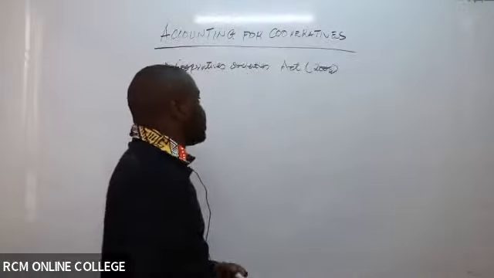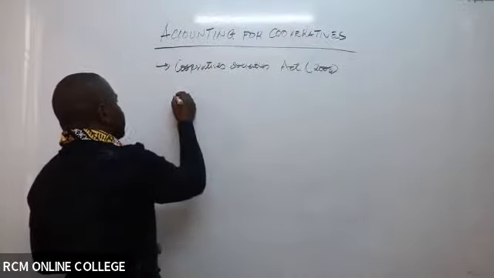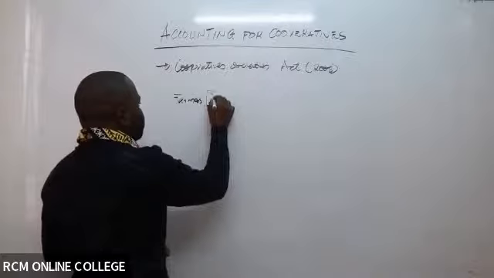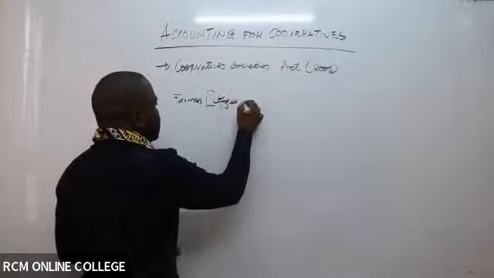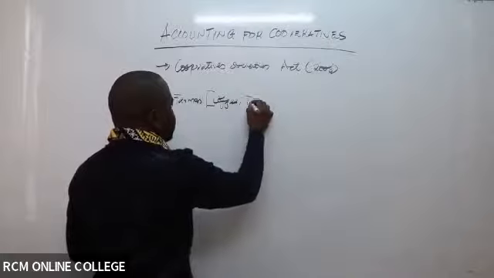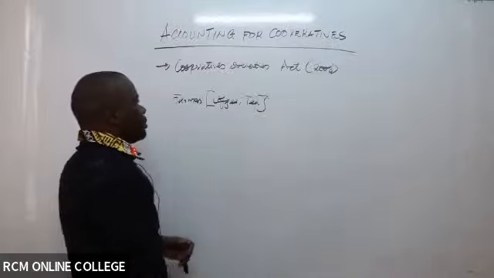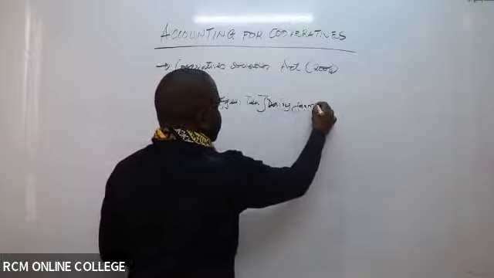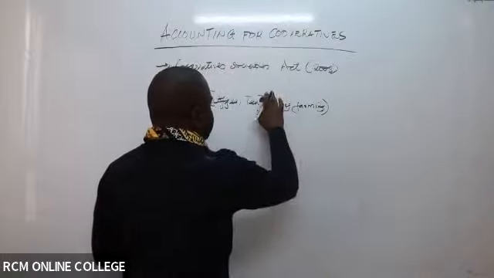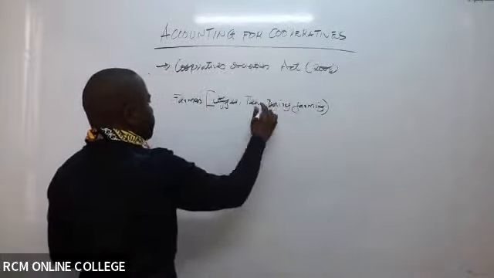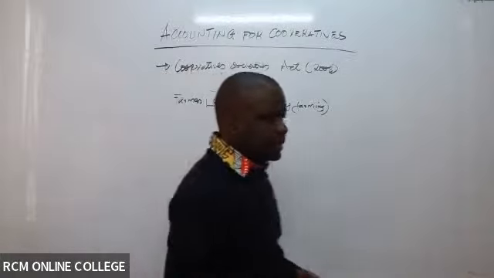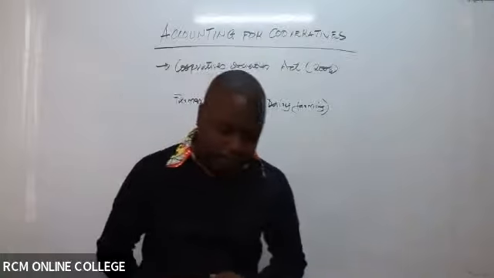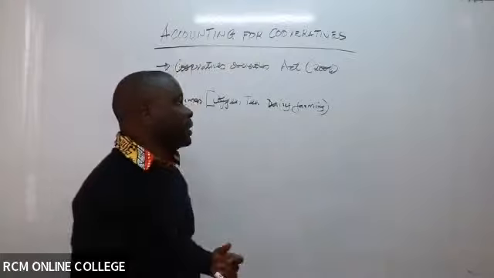It could be, for example, farmers. These farmers may be involved in coffee farming, or tea farming, or dairy farming, or any other kind of activity. Simply because they have a common purpose, they can come together and form a cooperative to serve their interests. So cooperatives focus so much on serving their members, but making profit will come as